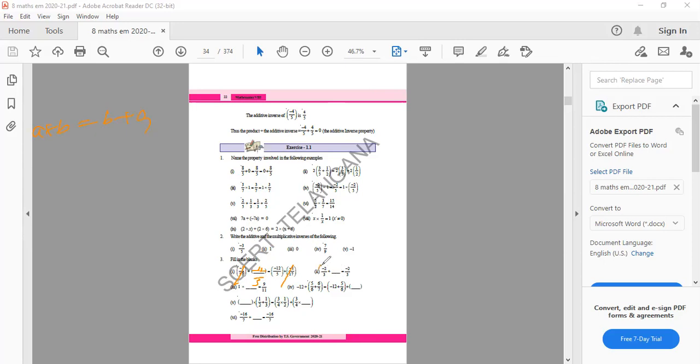Here 2 by 3 is available. You want to get the answer, similarly 2 by 3 means what you need to add here? 0. Good. 1 is there. You need to multiply with something and you are going to get something. What do I need to multiply here? 9 by 11. Good. 9 by 11. Okay.